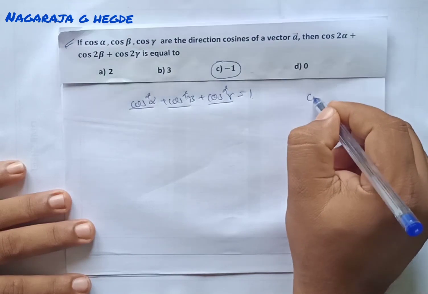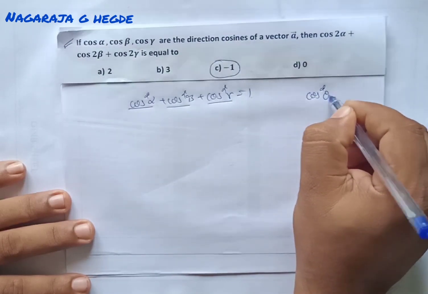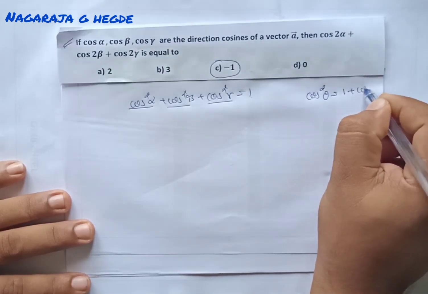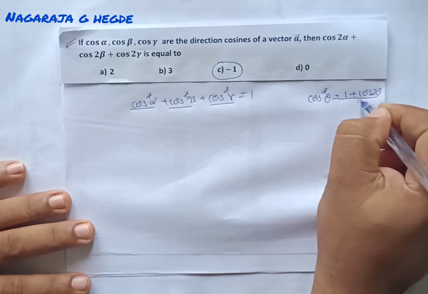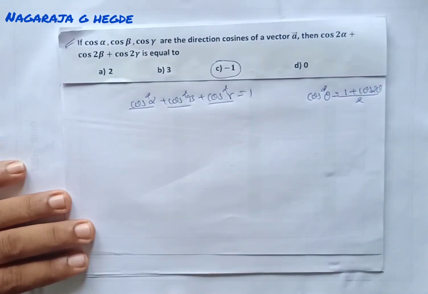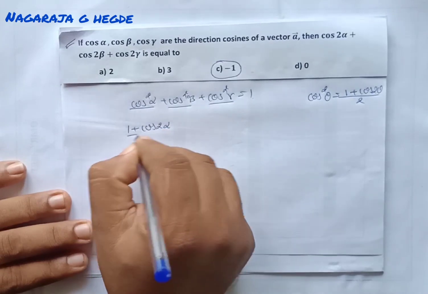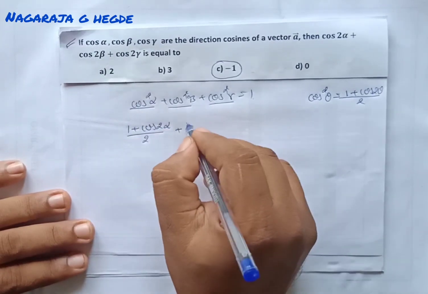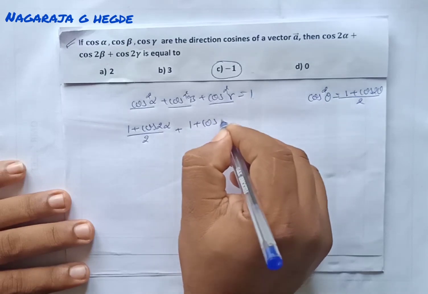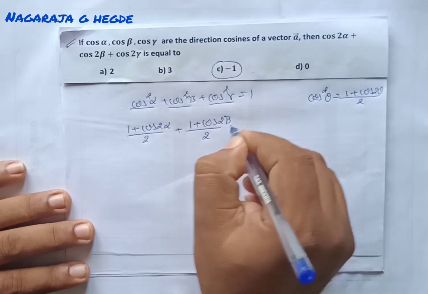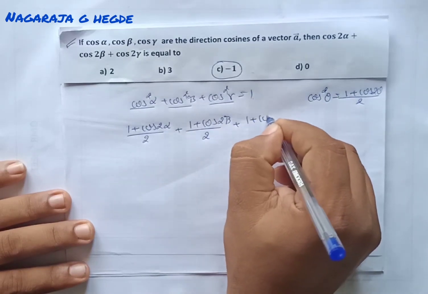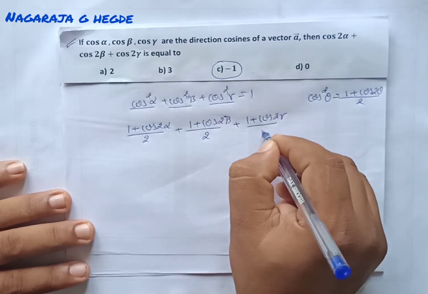There is a relation that cos square theta can be written as (1 + cos 2 theta) divided by 2. Using this, cos square alpha is (1 + cos 2 alpha)/2, cos square beta is (1 + cos 2 beta)/2, plus (1 + cos 2 gamma)/2,